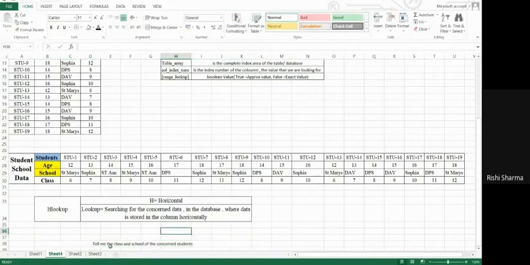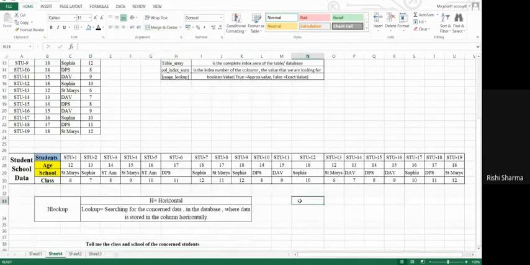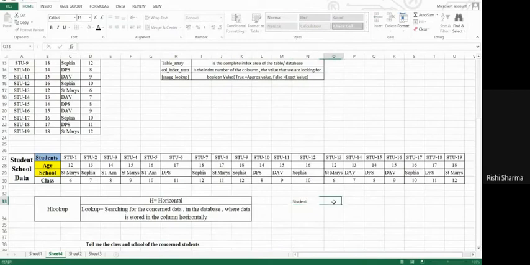So this time I'm looking for the class and school of the concerned students. So I need three things again. I need student, I need class, and I need school.